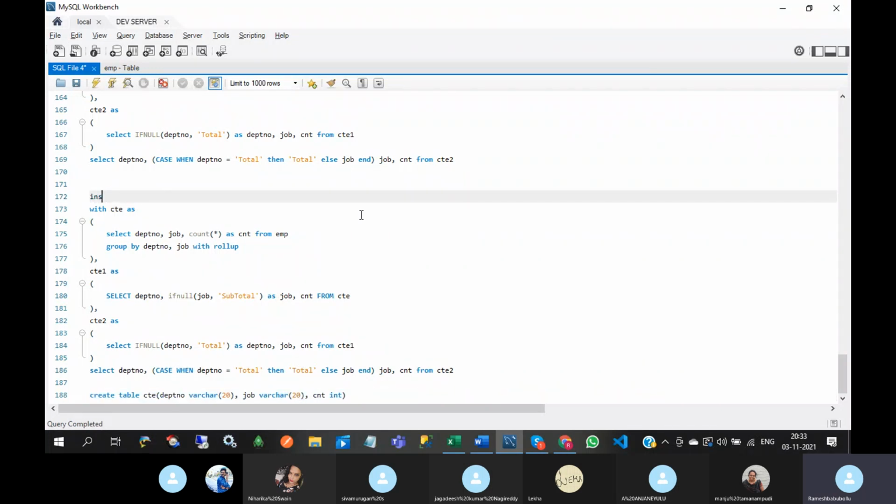So here you can write an insert query into the table from the CTE. Column names are department number, job count.